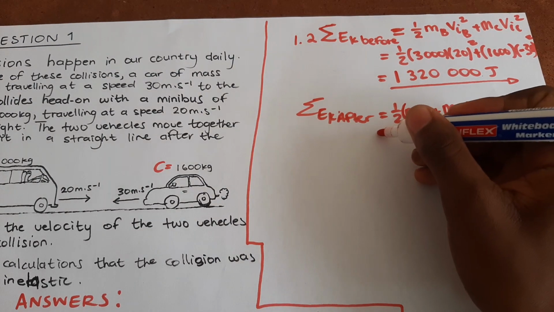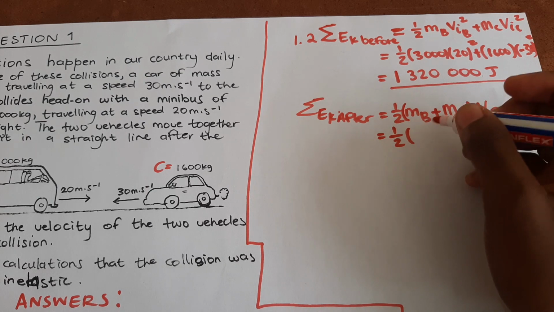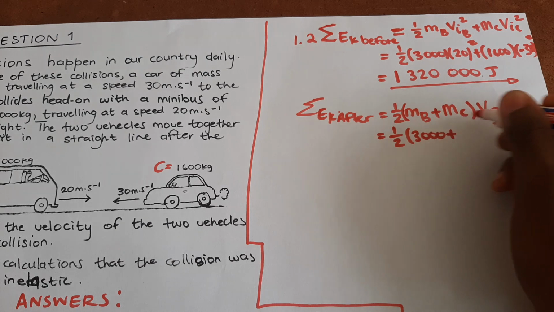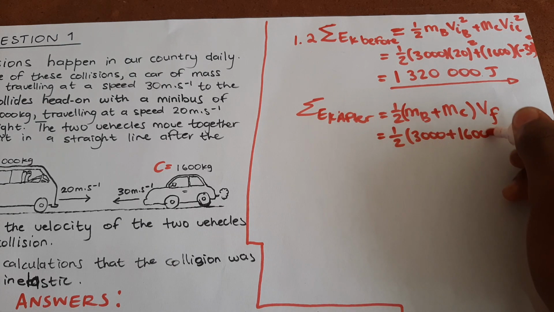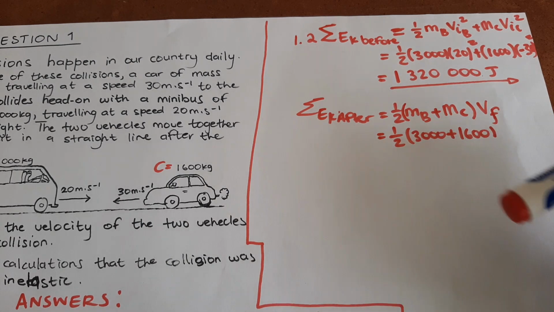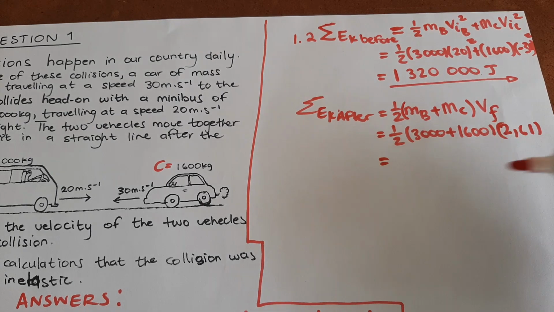So this is going to be half the mass of the bus, which is 3,000, plus the mass of the car, 1,600. What's the final velocity? The final velocity is 2.61, which makes sense, moving to the right. Let's just put in bracket 2.61. This is equal to, press that in the calculator,